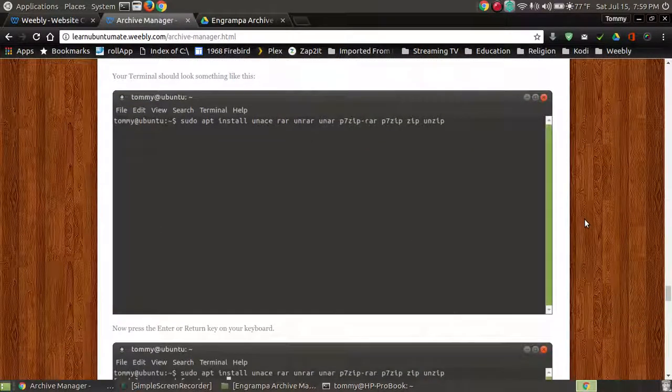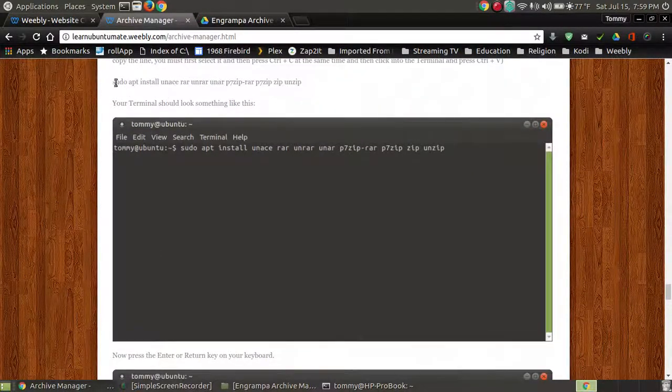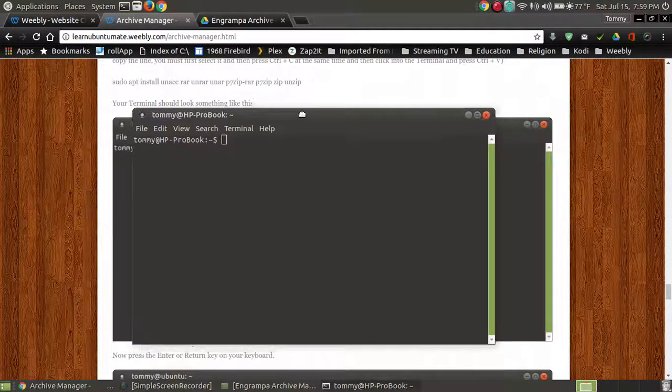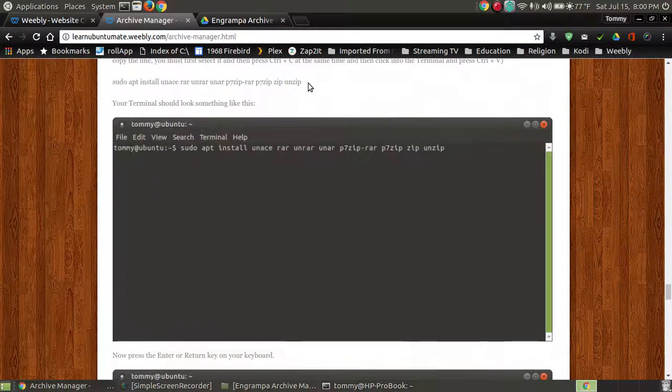I'm going to put it up here at the top. You're going to type in sudo apt install unace rar unrar unar, and I'm not going to read the rest of that. You can actually type that in and press the enter or return key on your keyboard, and then it will carry out that procedure. For those of you that are familiar with copying and pasting, just take your mouse, hold down your left mouse button,